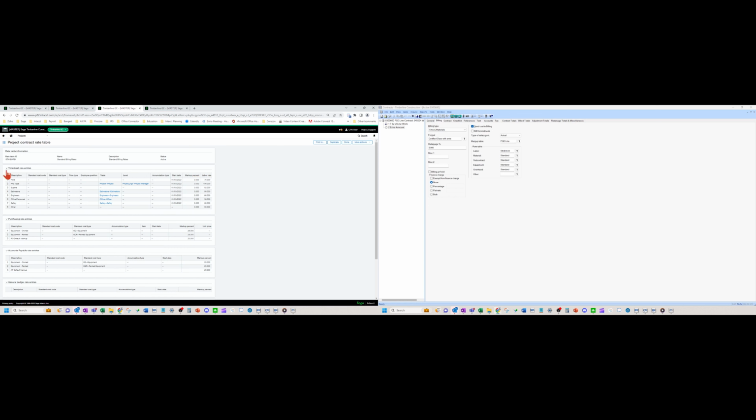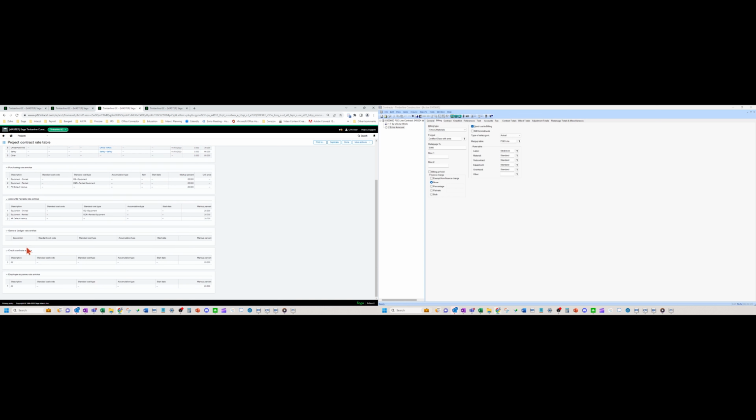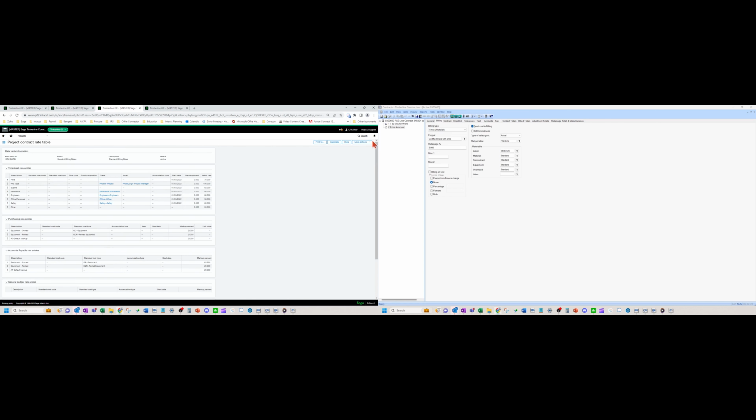Okay, so as you can see, there's a timesheet area, there's a purchasing area, AP, GL even, you can mark up. So if you want to put some direct cost entries in, what they're called in 300, you can mark up and make a journal entry and mark up that journal entry even, in Intacct. Credit card, employee expenses, okay? So you can see the different